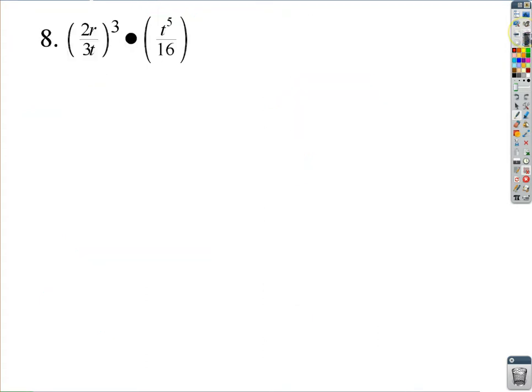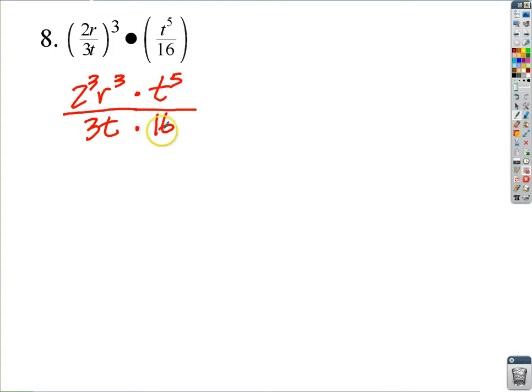Why don't you go ahead and try doing this one? This should be a little interesting. Okay, so again, we're going to raise each one of these. So I'm going to get 2 cubed r cubed over 3t, okay? And then this is going to be times t to the 5th, and this is going to be times 16. Well, right here I can see a common factor, right? So this is going to become 1, and this will become 8, right? And I see 1 t here and 5 t's there. So I'm going to cancel one of these with this, and it'll become 4. And so I'm going to be left with,